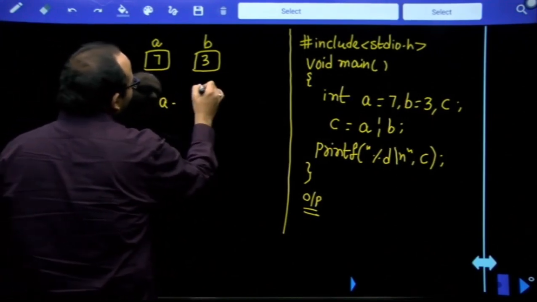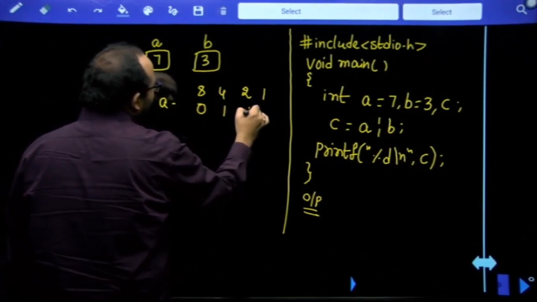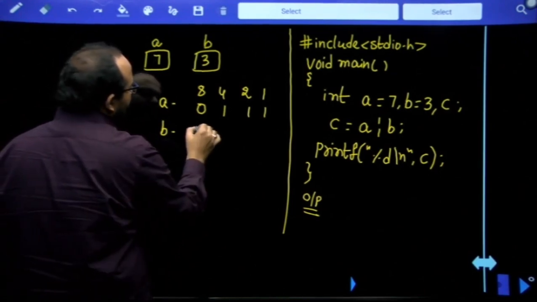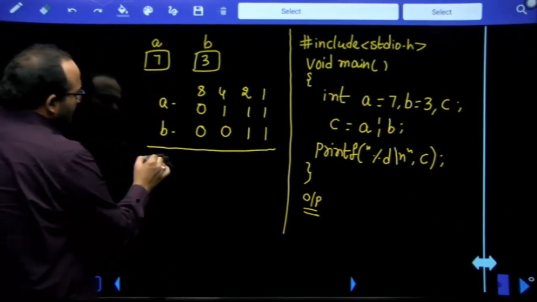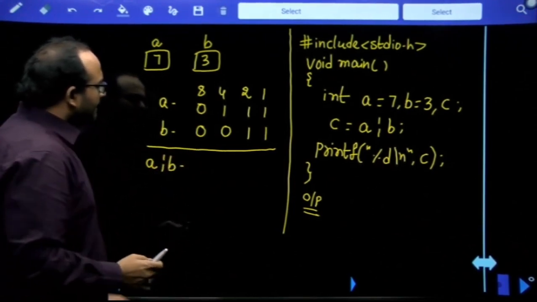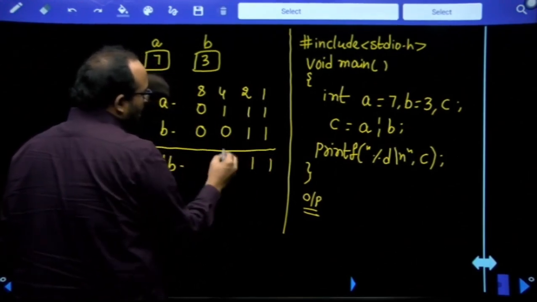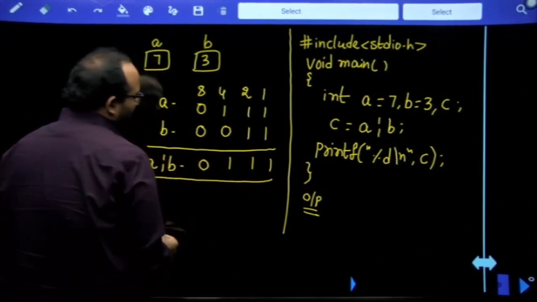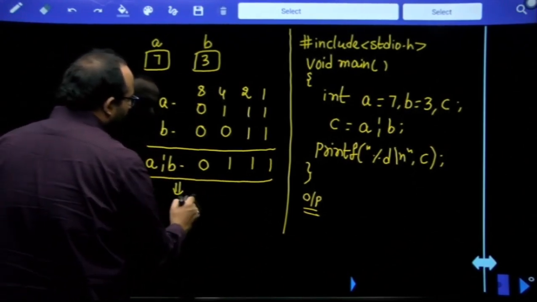Represent 7 according to 8421 representation. It is 0111. Next b, 3. Value of 3 is represented as 0011. a or b: 1 or 1 is going to produce the result as 1. 1 or 1, 1. 1 or 0, 1. 0 or 0, 0. So the corresponding result that is going to be displayed as c value is equal to